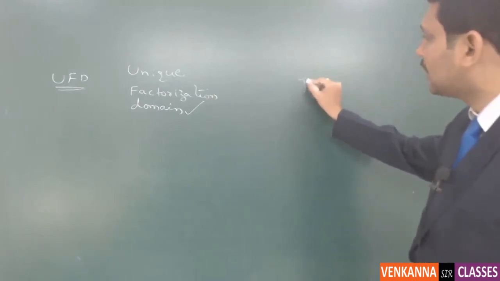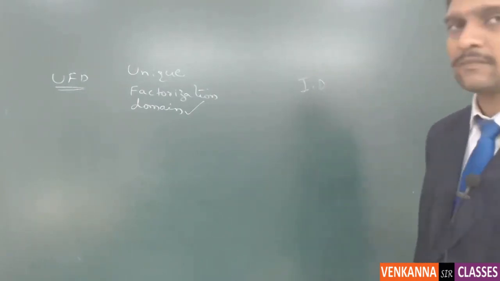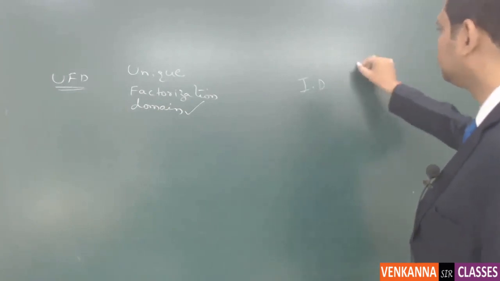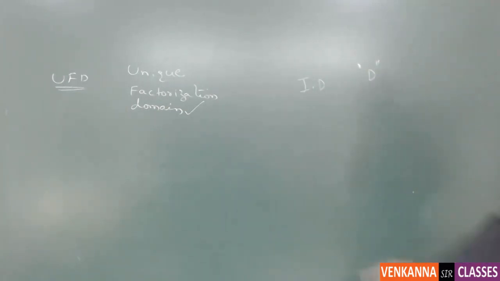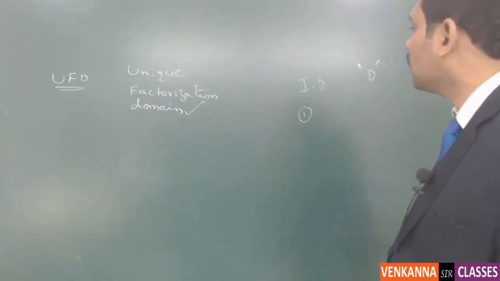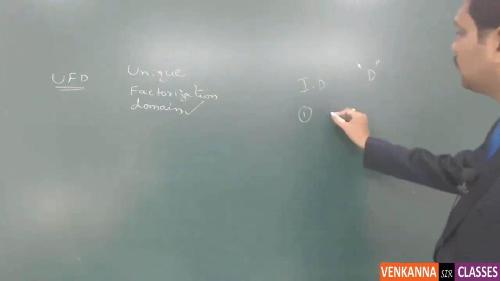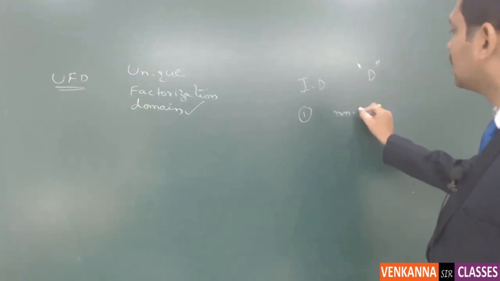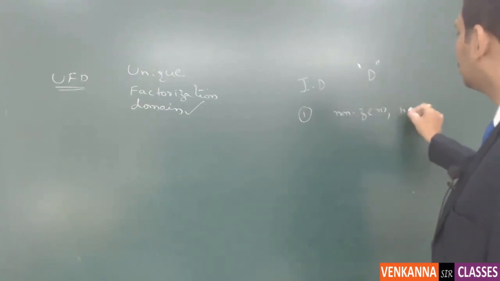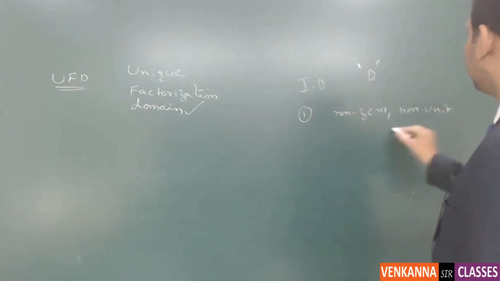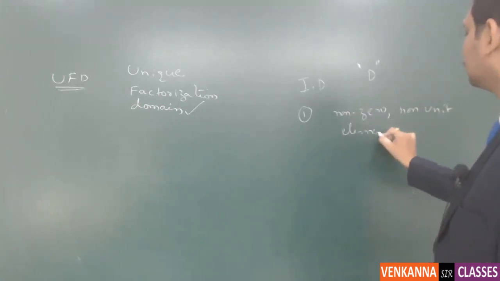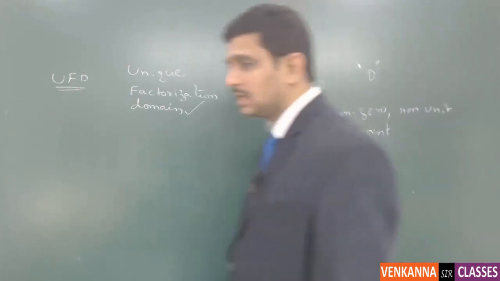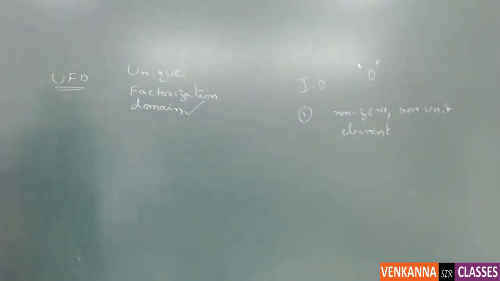You consider an integral domain, say D. We say that it is a unique factorization domain if it satisfies the following properties. One: if you take any non-zero, non-unit element,